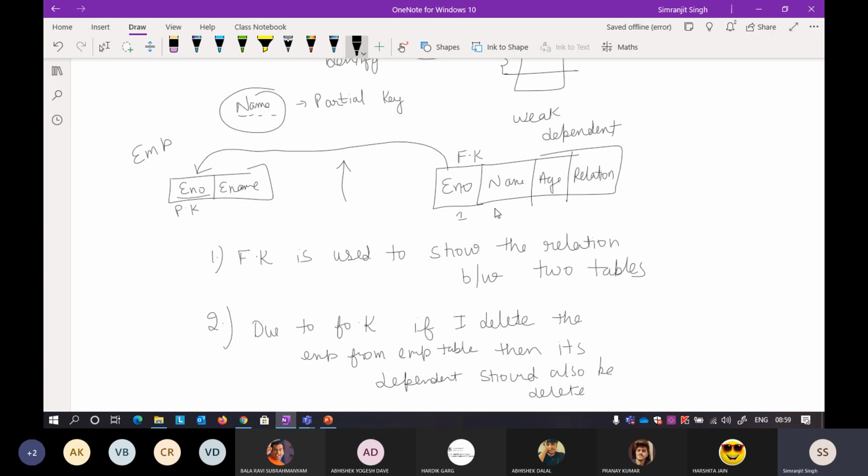Suppose there is an employee Ram, and another person Sham with age 22 and relation brother depending on it. Again there is another person,